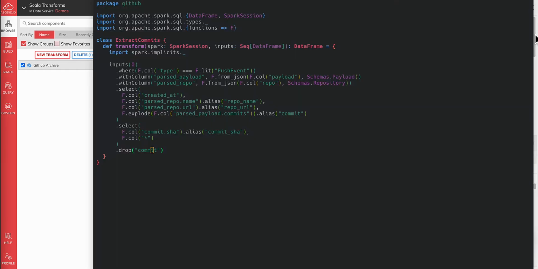Let's take a look at the Scala code. The Ascend interface is a class with a function called transform that takes two arguments. The first is a Spark session, and the second is inputs, which is a Scala Seq of DataFrames. The function simply needs to return another DataFrame. Notice in Ascend, you're not dealing with any reading or writing from blob stores or any of the side effect